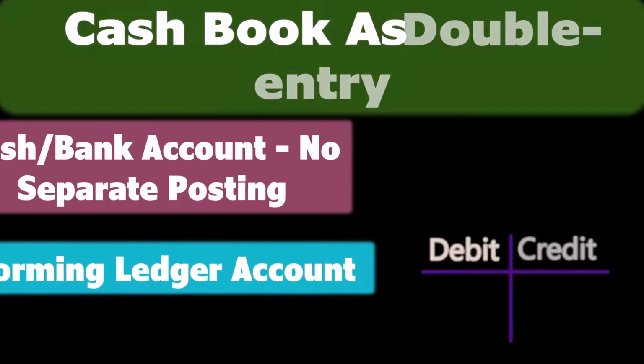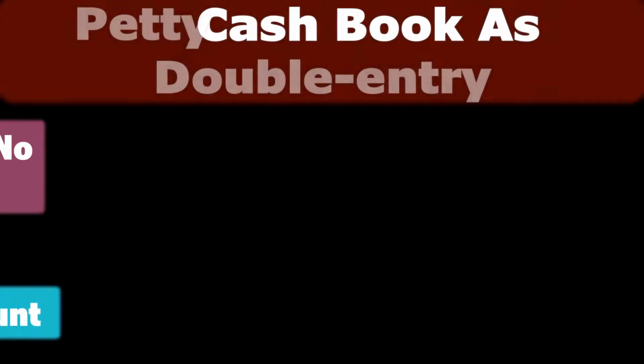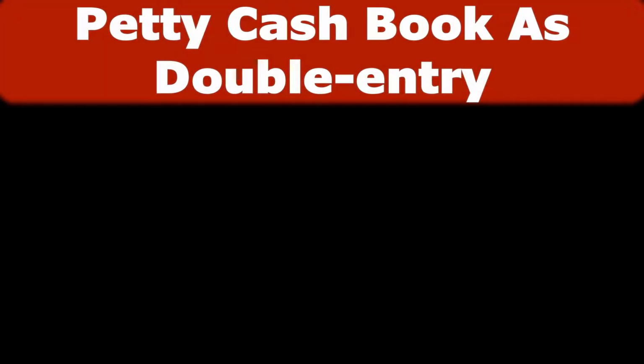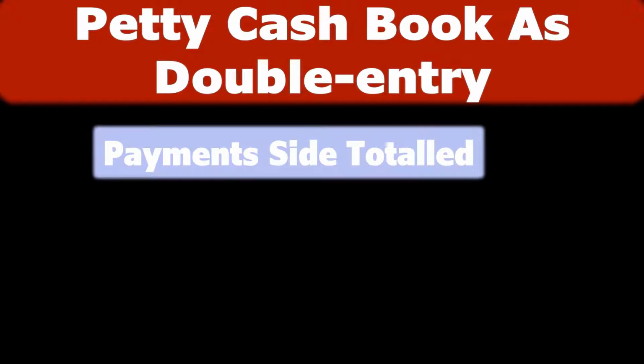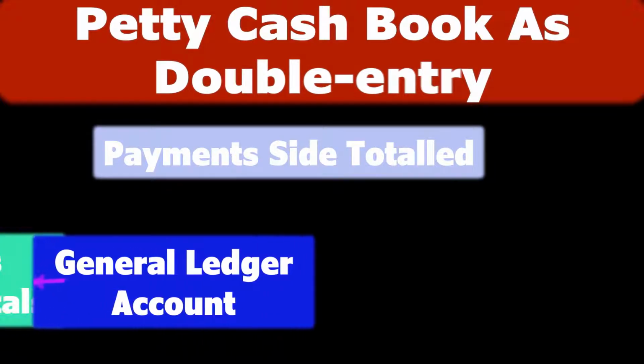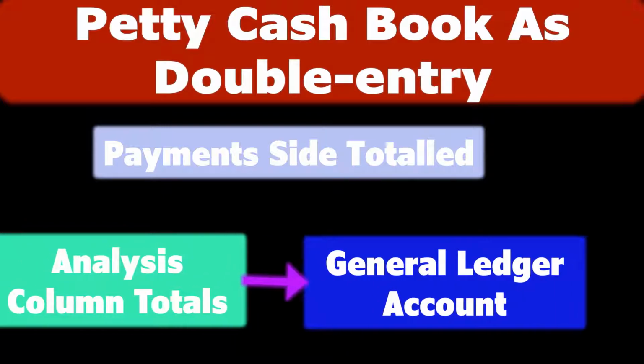in the general ledger. Likewise, the petty cash book can be a book of prime entry and a part of the double entry bookkeeping system. When this is the case, each column petty cash payment size must be totaled, and the totals of these analysis columns must be entered in the general ledger accounts, as the petty cash book is acting as the petty cash